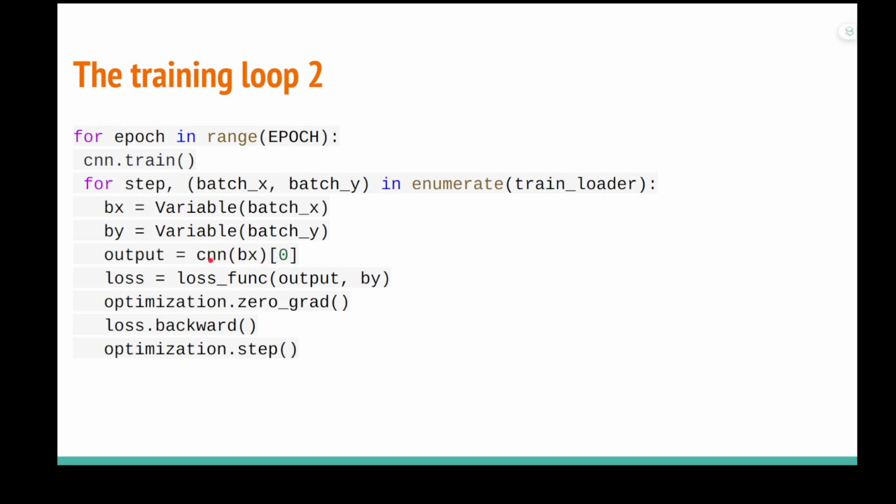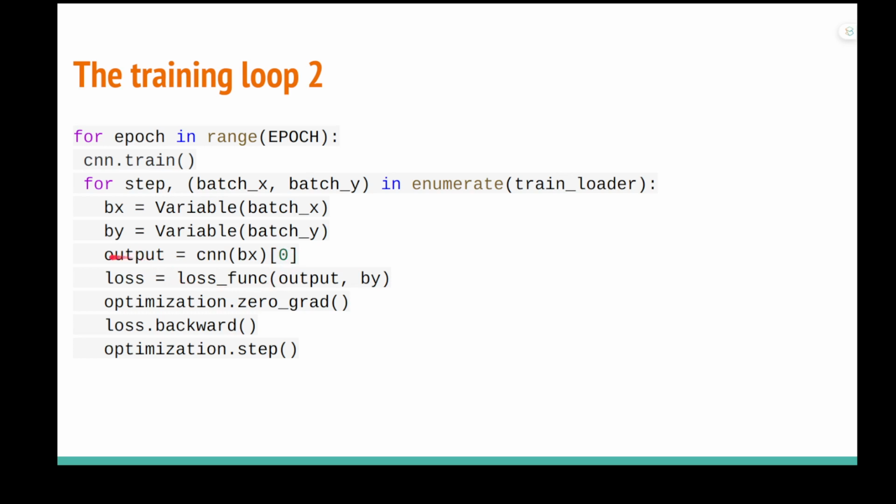After we feed it into the model, it will produce an output, which is the output of the system.